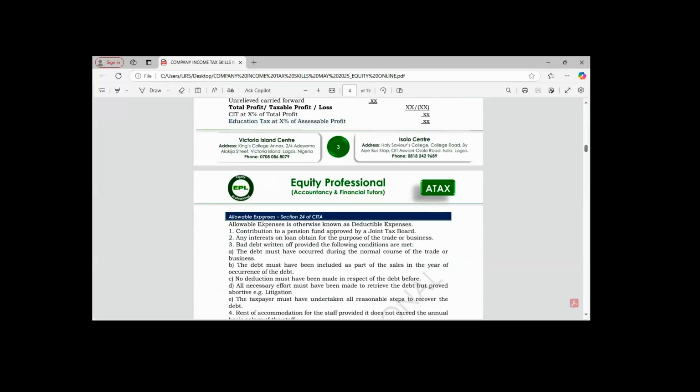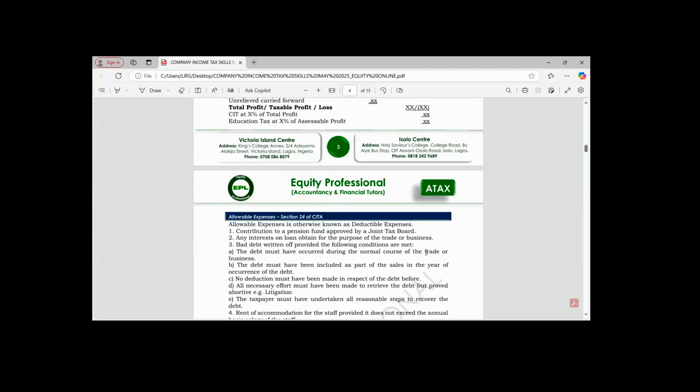We are going to look at allowable expenses. So what are those expenses that are allowable? The list is endless, but we are just going to look at those that are peculiar, that are common. And the general word that will make you know that an expense should be allowed for tax purposes. So allowable expenses, number one, contribution to pension fund approved by